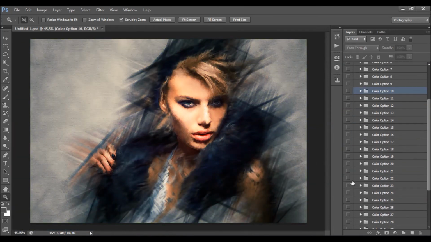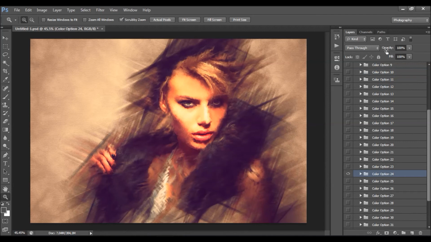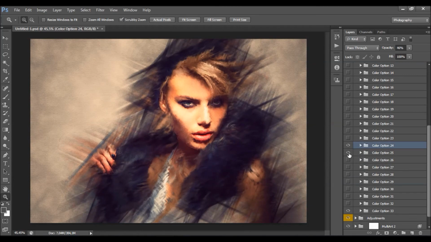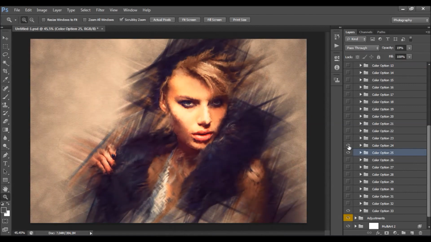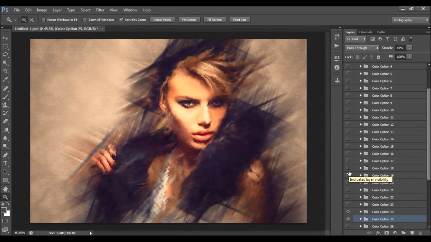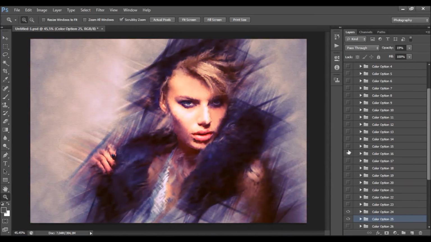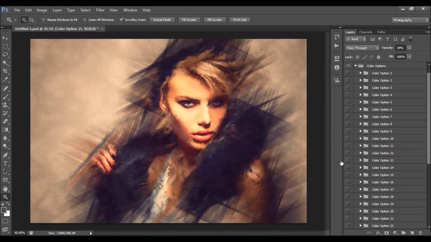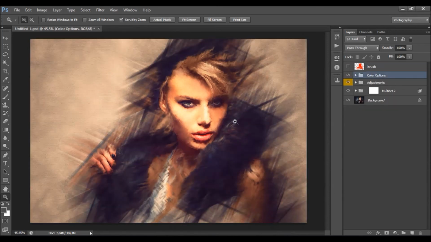Okay, so what you can also do, you can also combine a few color options. So that's what I actually usually do. I turn on, for example, this color option, lower its opacity a little bit, and then try with another, maybe this one, but lower it. So you can combine more than 2-3 color options. I sometimes use 5 color options, for example. So just play with them until you make the color option that you like the most. Let's see. Okay, so I'm gonna just use these color options here,